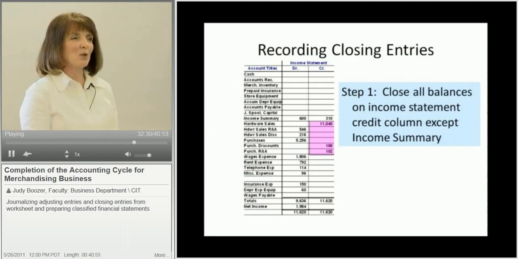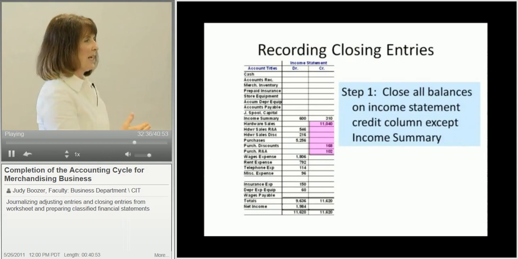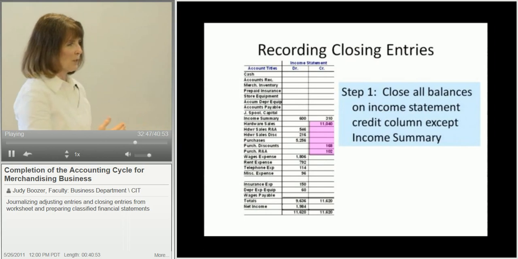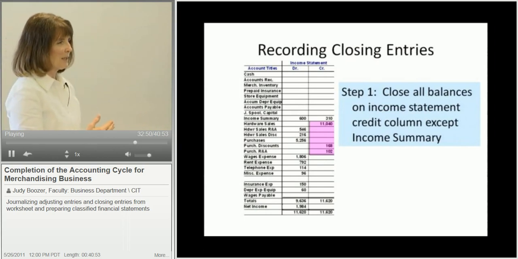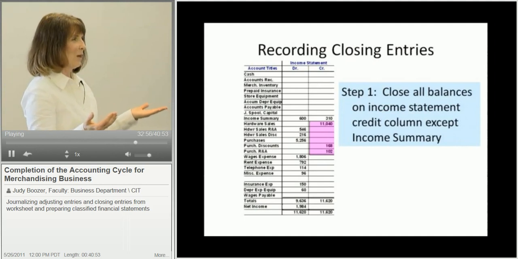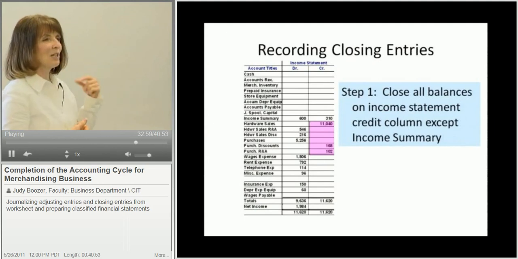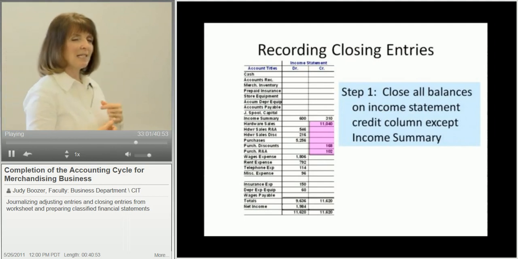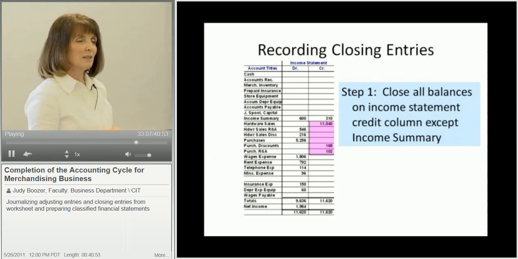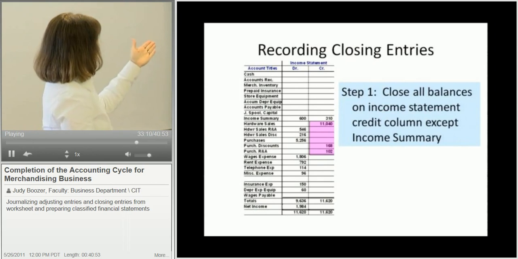Once adjusting entries have been journalized and posted, the next step, which is just the same as last time, is closing entries. But the procedure for closing entries is much different. So what's the first thing we closed before for a service business when we did closing entries? Okay, whatever revenue account it was. Well, that is similar now, but a little bit more. Instead, we're going to do this. We're going to look at the worksheet, and we're going to look at the credit column,